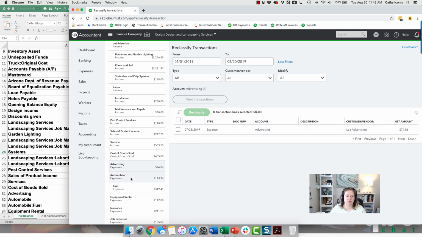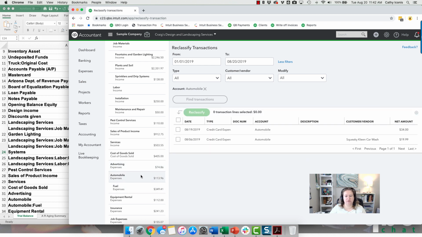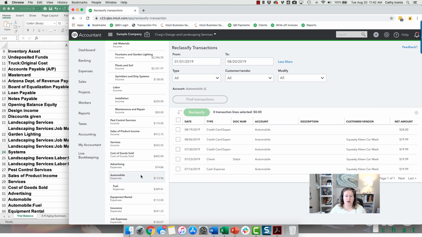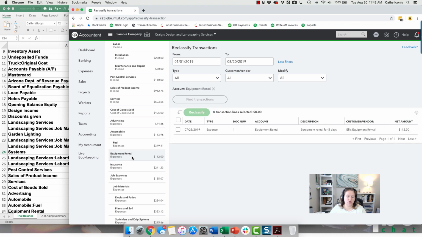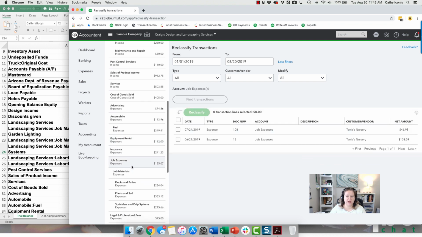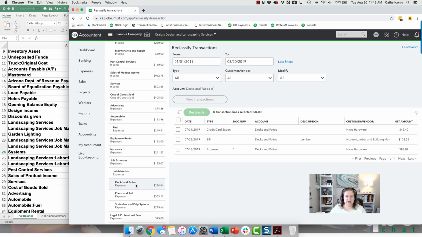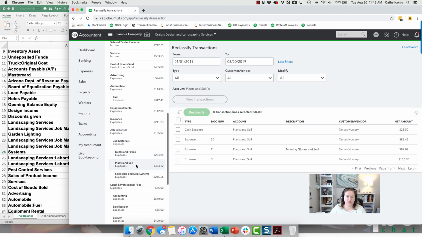Expense, okay, we have advertising under advertising. Makes sense. Automobile stuff, gas and oil, equipment rental, insurance. These seem to be in the good areas. Job expenses, decks and patios, okay. Plants and soil. Now